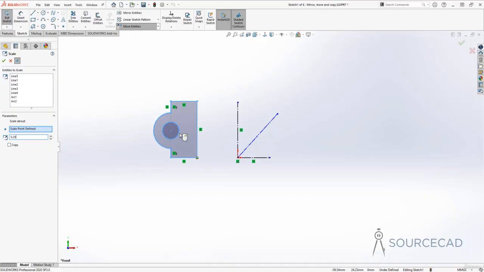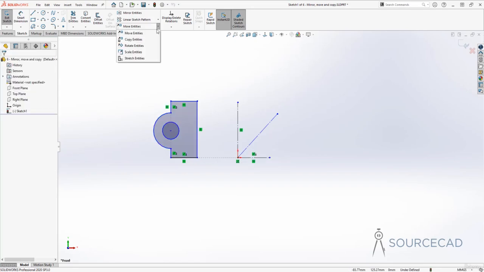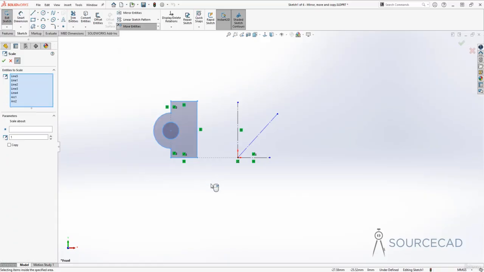So with that, I'll just click OK. That's it. It's 1/4 the original size. Press escape and there we have it. So that's the scale tool. I'll press Ctrl Z and escape and I'll repeat this command. So again, I'll go to scale, I'll select it all, and now base point, maybe again this one,